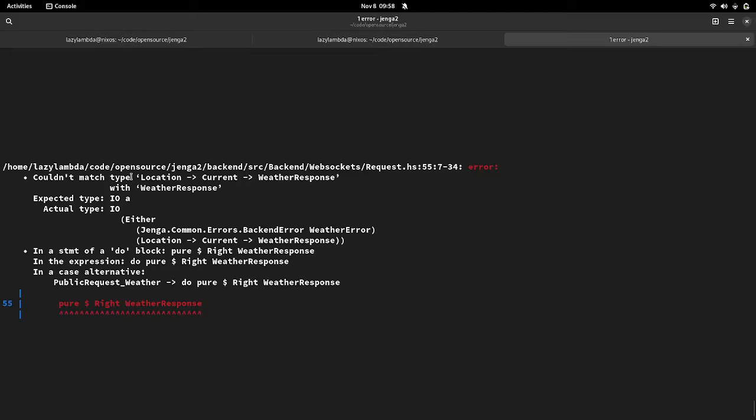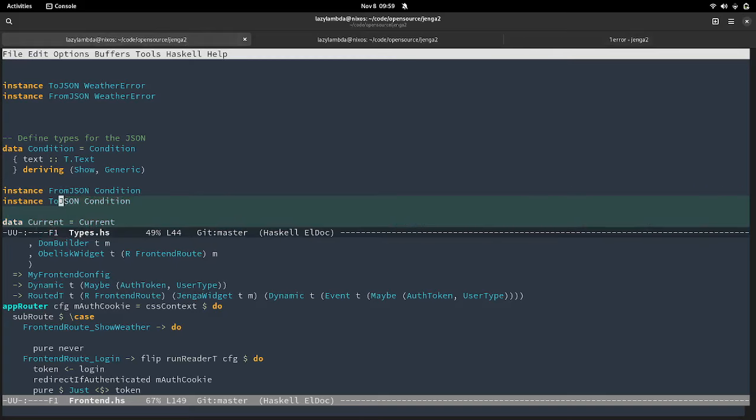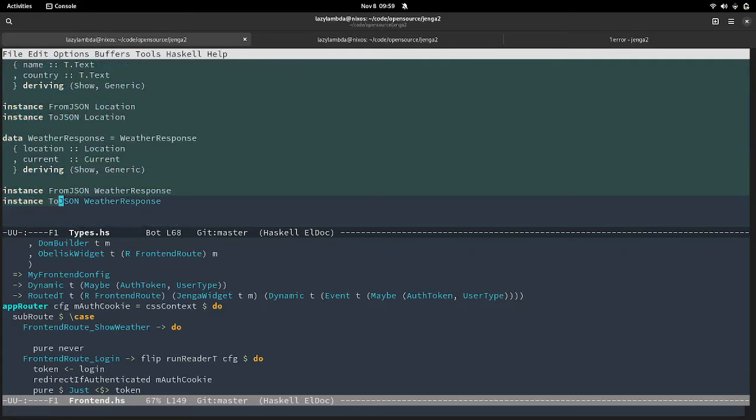That makes no sense for two reasons. One, we would never return a function, so this is just not fully applied, which we can see by looking at our weather response. Weather response is a data constructor, therefore a function that takes two different arguments,